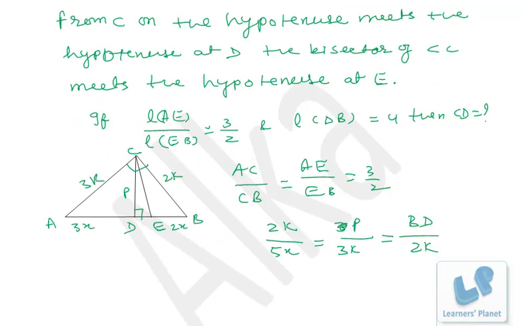Now if I take these two, K and K will cancel. P I have to find out. BD is given as 4, so this is 4. This is 2, so P must be 6, right? So the length of CD is nothing but 6 units. So a simple property of similar triangles we have used over here. That is, in a right angle triangle, the two triangles formed by joining the right angle vertex to the hypotenuse with the perpendicular CD, and the original triangle, all of them are similar to each other. Okay, I hope you are clear.